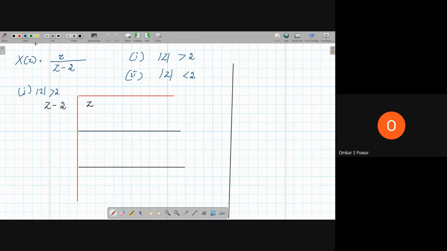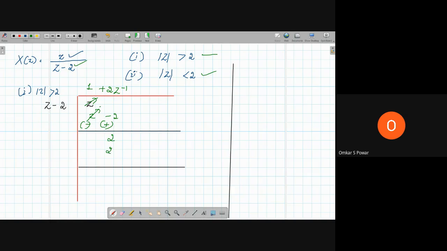So let us go to the last problem for today, and let us wrap up with this problem. Given X of z is equal to z by z minus 2, for mod z greater than 2 and mod z lesser than 2. For mod z greater than 2, z minus 2 as it is, here it is z. So what do you have to multiply? 1. So one side is z minus 2. Then change the sign. This z and z cancel off. So what will you get? 2. In order to get 2, you have to multiply plus 2 into z to the power of minus 1.